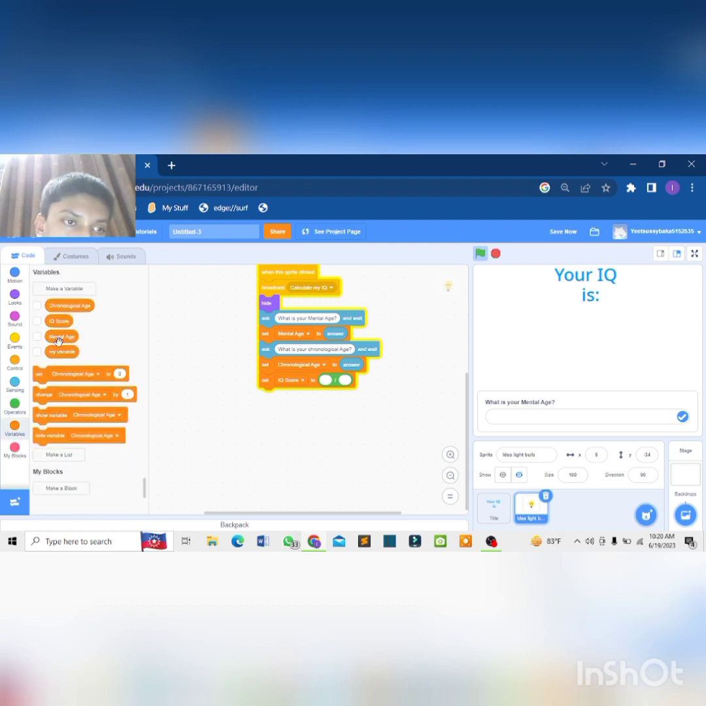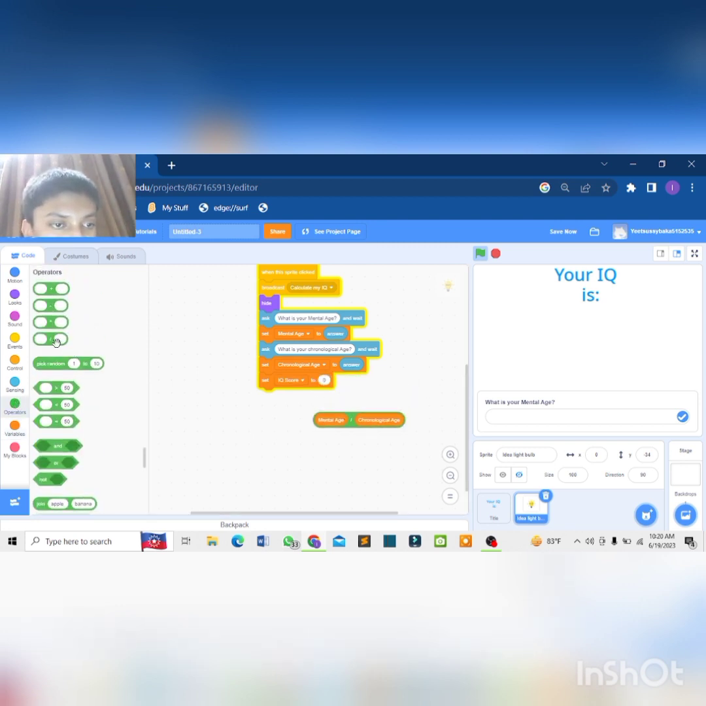We need to grab this variable mental age, and also we need to grab this variable from this variable option, chronological age. We need to take it out and go to the operators and get this division sign, and we need to put it here, and we need to put this whole green circular thing in this box, circular box. We need to put it here, and